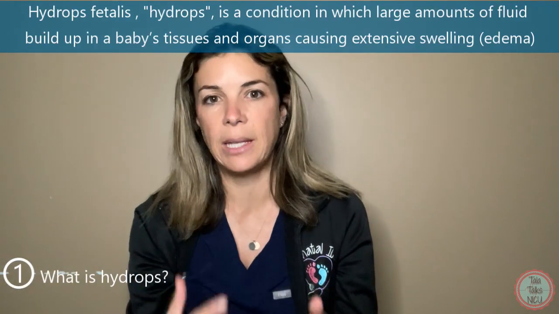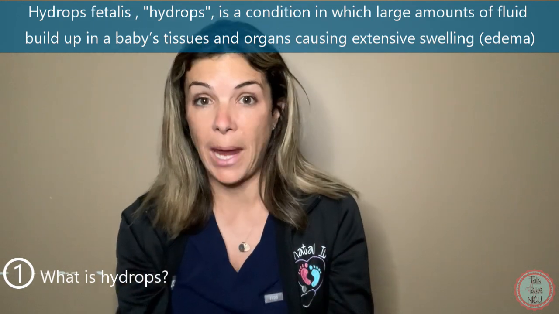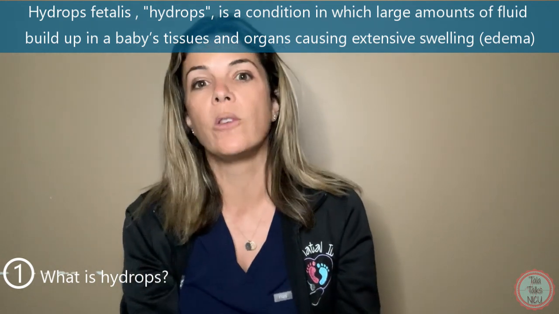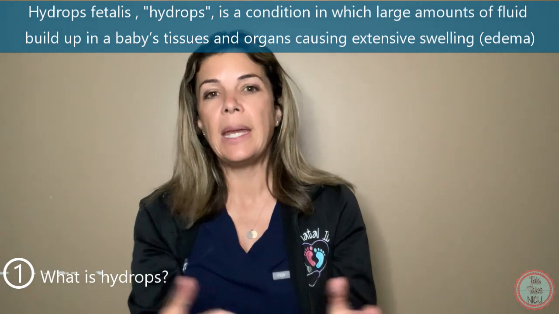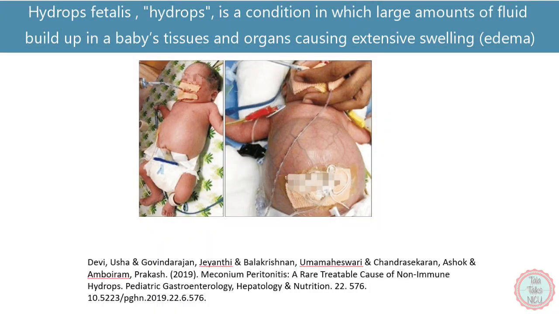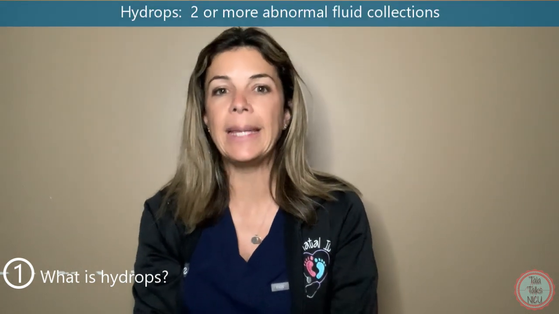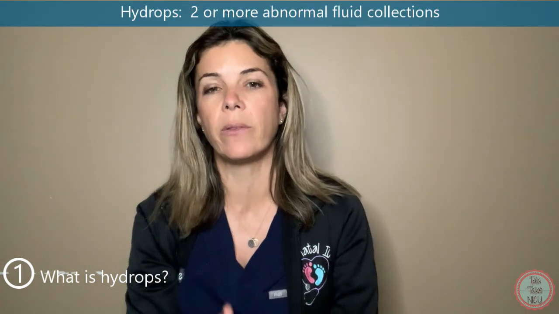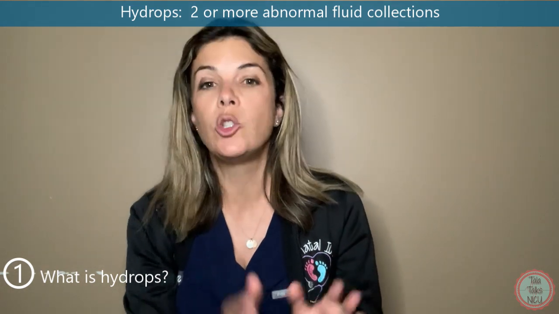Let's start at the beginning. Number one, what is hydrops? Hydrops is a really complex condition that happens in babies, and it's mostly diagnosed prenatally. It is a result of multiple different disease processes that somehow end up with excess fluid accumulation in the fetus. And by definition, the fetus has to have at least 2 abnormal areas of fluid collection to get the